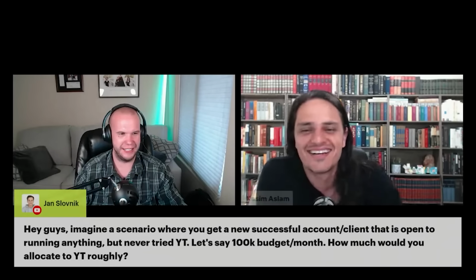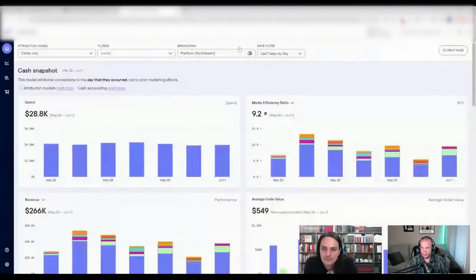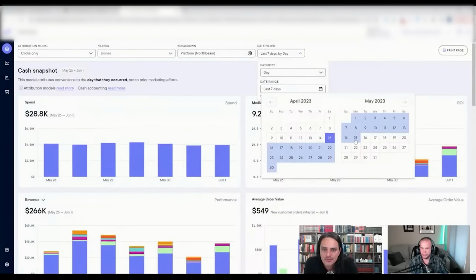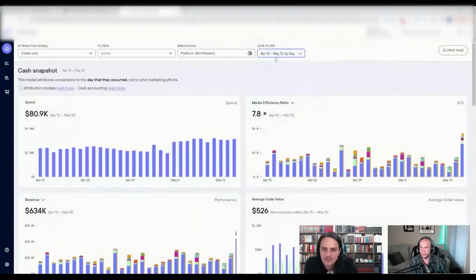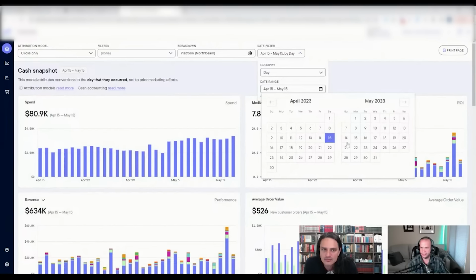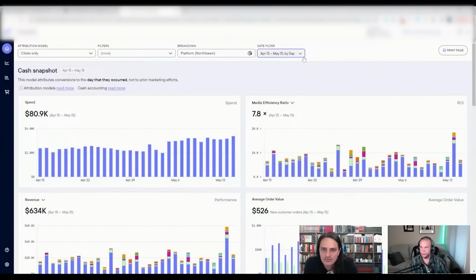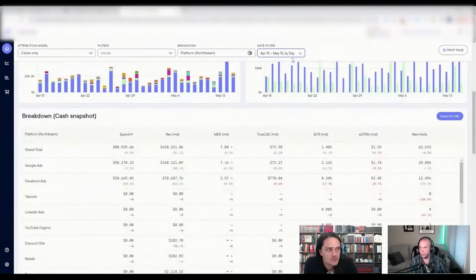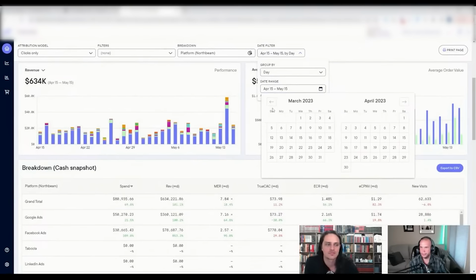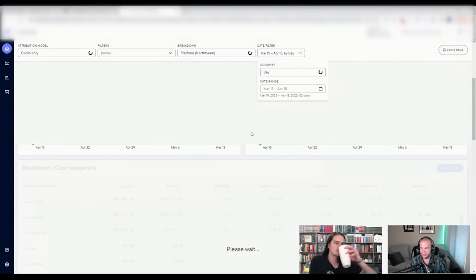Here's that. This is the case study here. It'll take me 2 seconds here. This is the funny part. If you're looking at MER or looking at ROAS, I guess I should say, if you're looking at in-app ROAS, no one is going to think that you're smart by doing this. We're looking at April 15th to May 15th. If you look here, oh, nope, doing the one more before that. Let's do this. Is March 15th to April 15th.